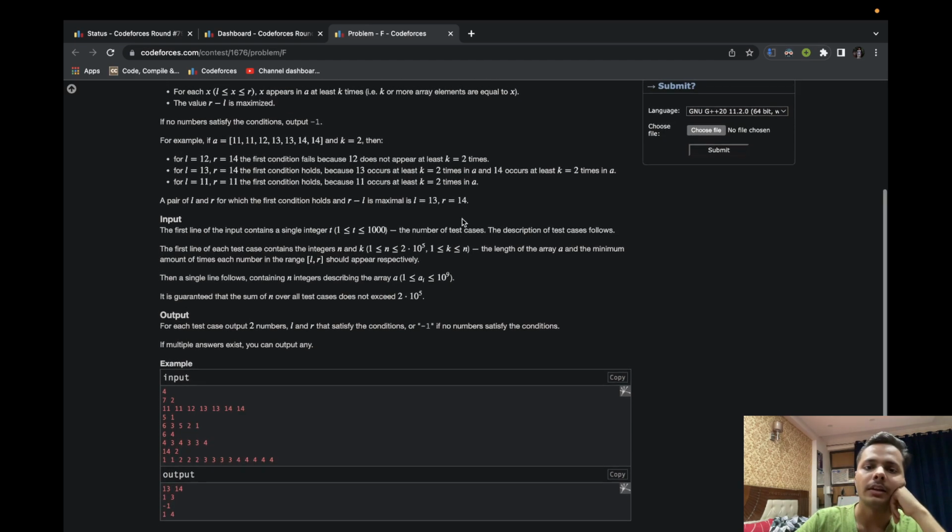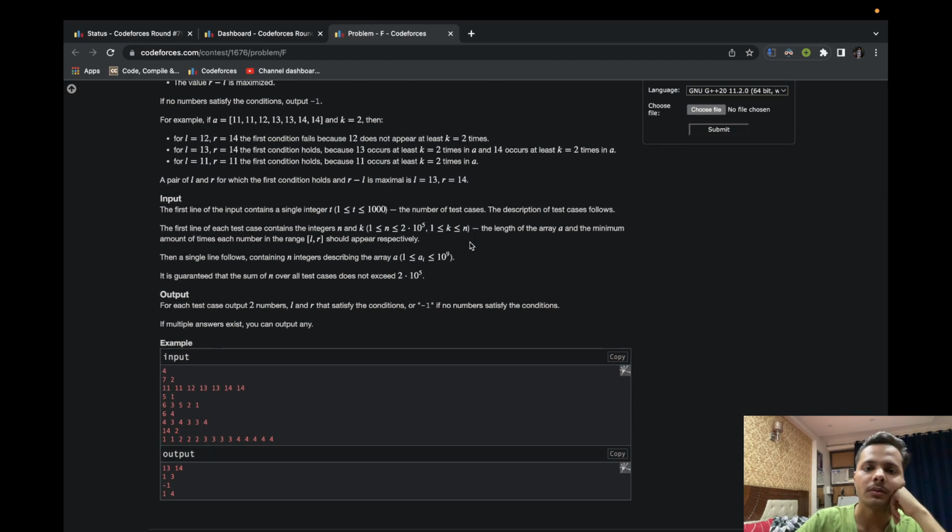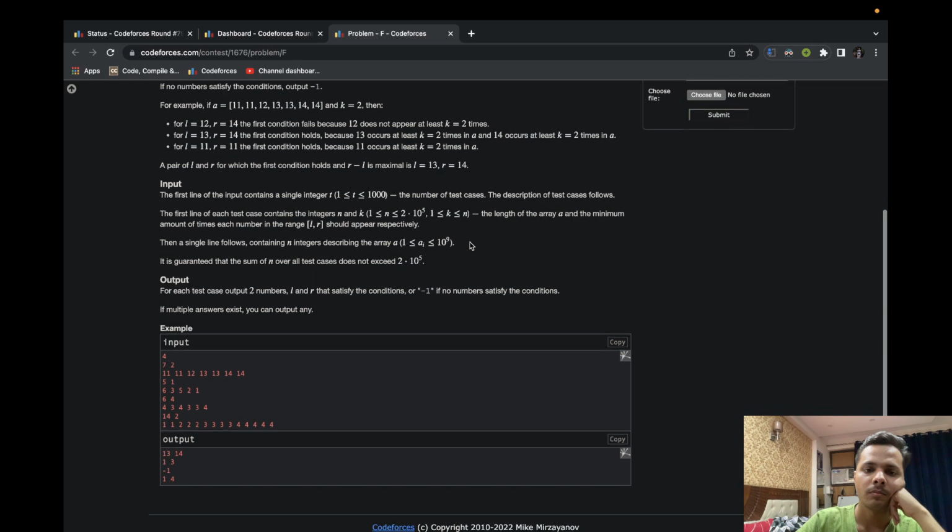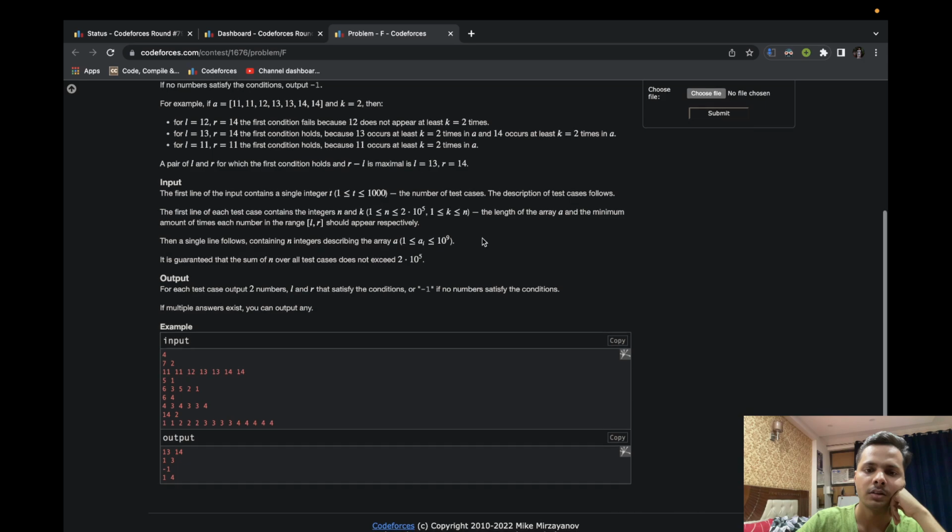Probably we can try to iterate on the length of the subarray that we are choosing. Elements are large, that's one thing.